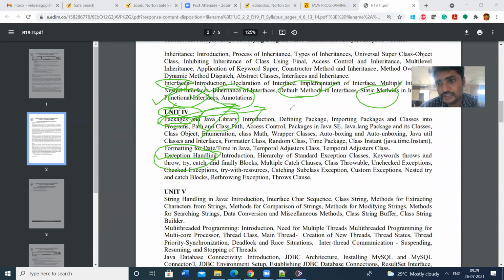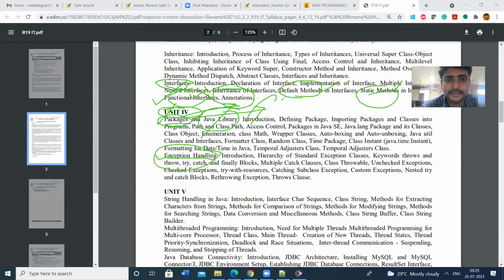We cannot place it at the end of the program. We have to start the program by importing the packages. So let us see the user defined packages first. How can we create our own packages?